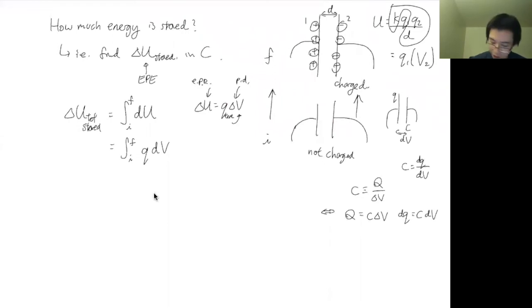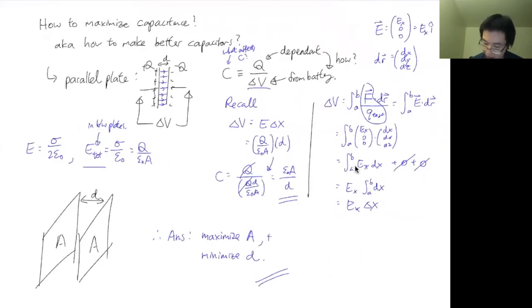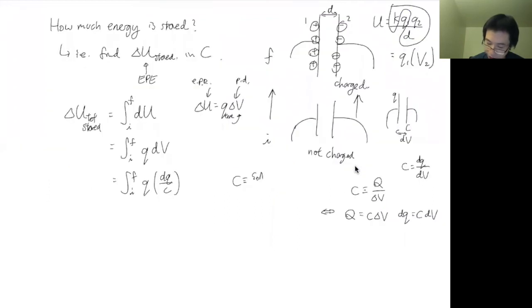Okay, so I can rewrite this as dV equals dQ over C. What does C depend on? We found the area and the distance, so it's pretty much a constant. As long as you have a given area and a given distance across it, C is a constant. You can pull that out. Initial to final, Q dQ. Here's an integral that most of you can do. It's just 1/2 Q squared.